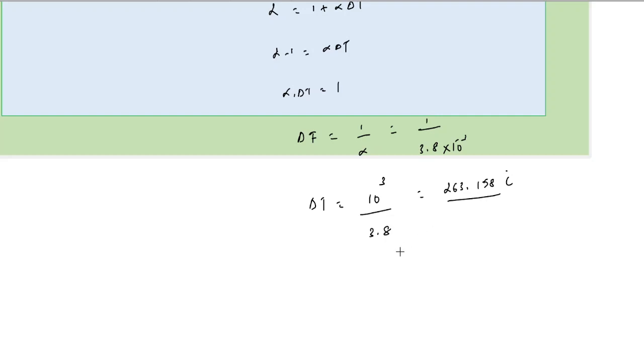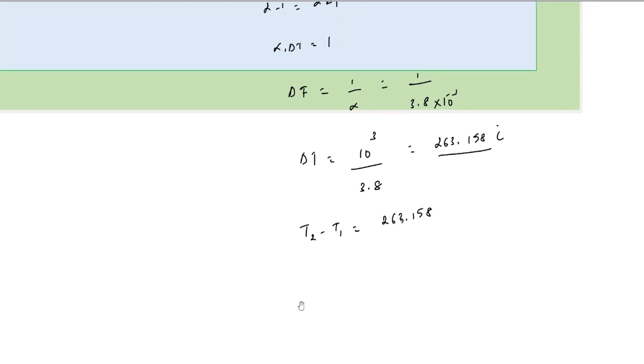This is what delta T itself is, but this is nothing but T2 minus T1, which is 263.158. If you write T2 alone, T2 is equal to T1 plus